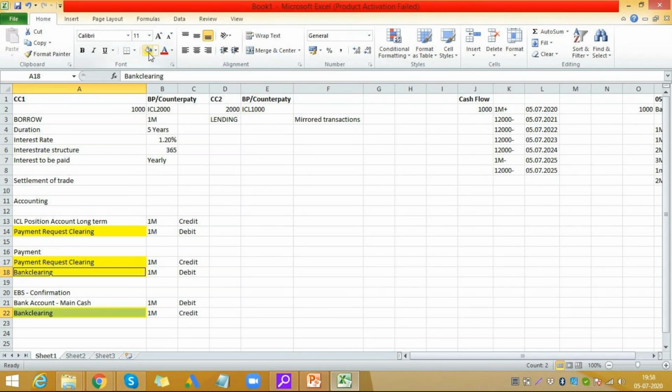You are finally left with IC loan position account credit to your main cash debit, because you have received the cash at that point of time. Your main cash becomes debit, and overall you are at a credit position in the company because you are taking a loan which you have to pay back. The accounting becomes just opposite on the other side. On the 2000 side, this is accounting for 1000. Accounting for 2000 just becomes the opposite. Debit credit becomes opposite there.